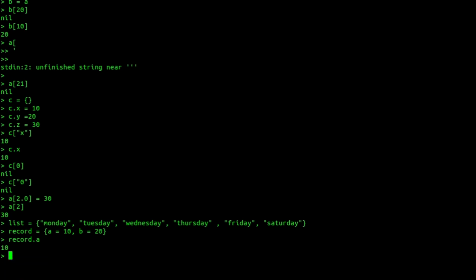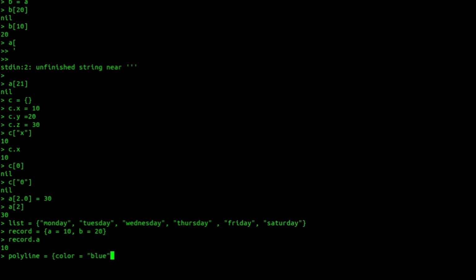Now one more point I want to discuss here is that we can mix the record style and the list style which we discussed here. So to give you an example, let's say I have a polyline table where I say color is blue.